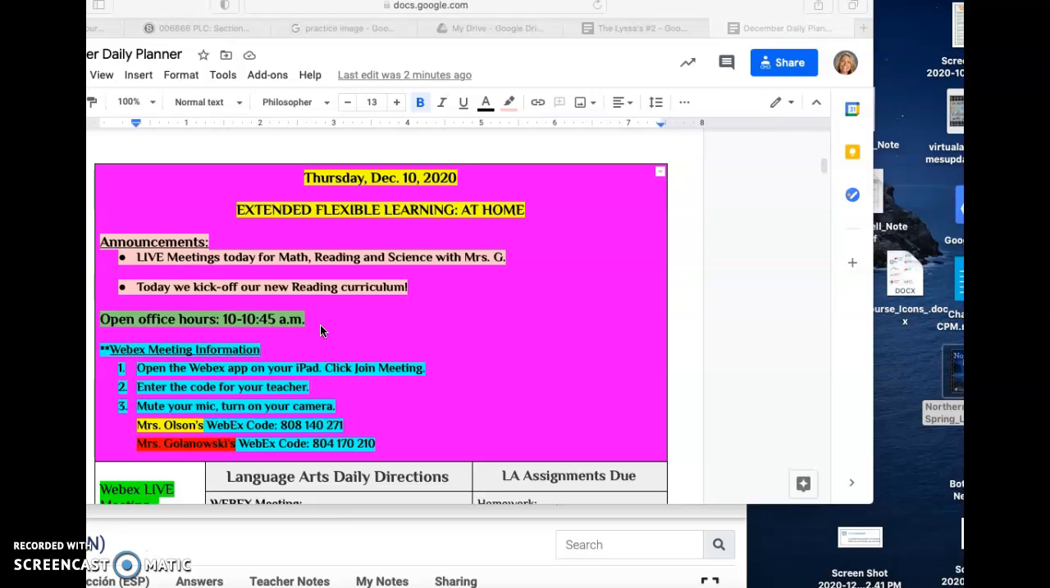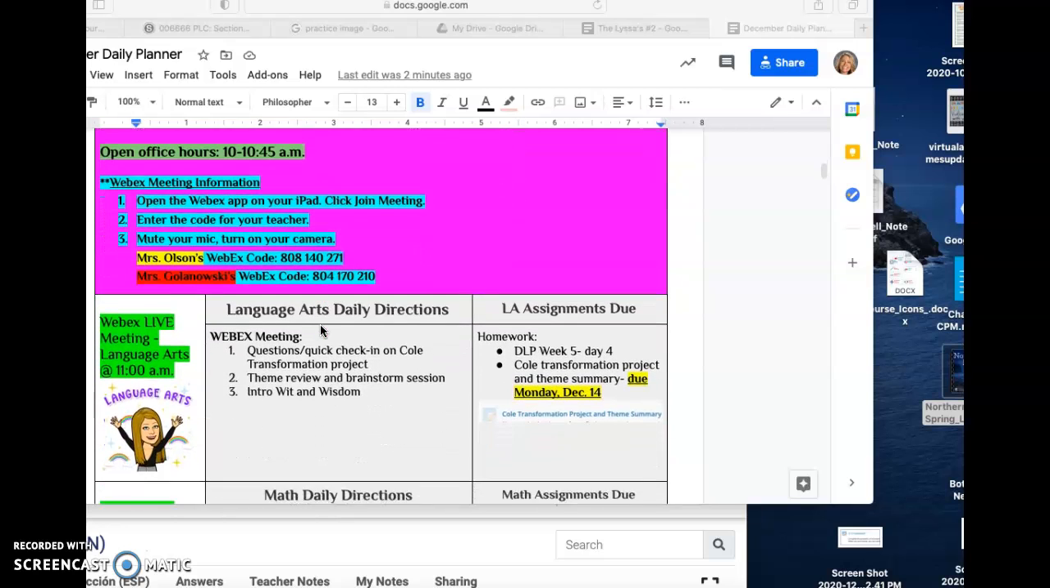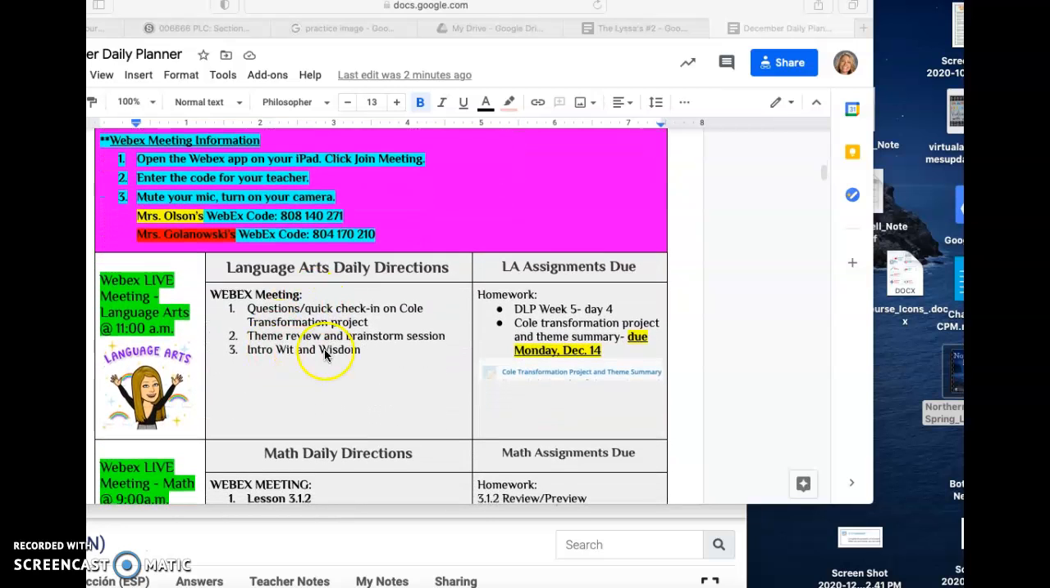And then we're also going to go over in language arts today. I'm just going to scroll down here. We're also going to go over that transformation project, and I want to check in with you and see if you have any questions with that as you have gotten started there yesterday. Your homework today is just to continue working on that transformation project and theme summary. Don't forget that this is due Monday, December 14th, so you do have the weekend to complete this and look